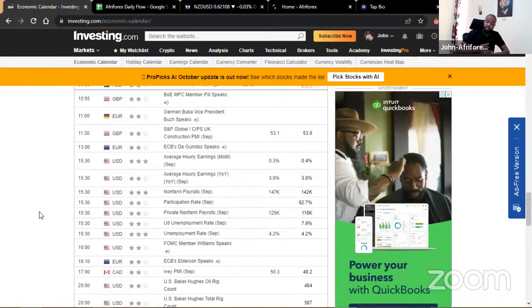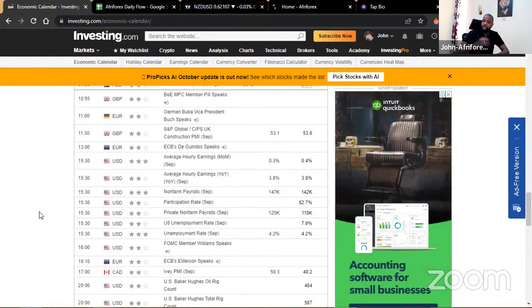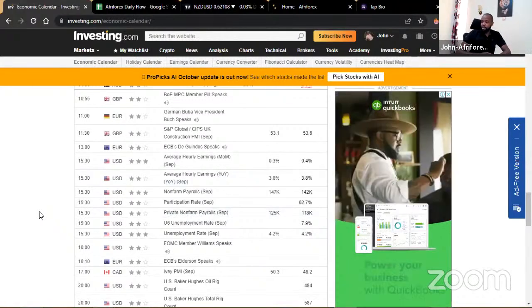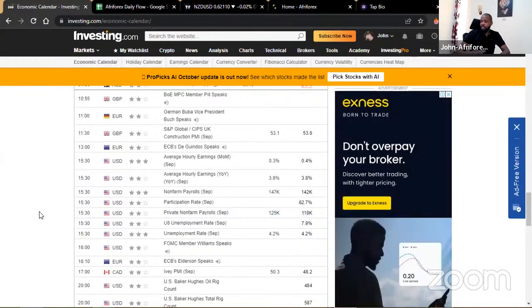You could find the spikes. Maybe the market could be on the pullback phase, maybe during the London session, then maybe during the US session, you could easily find the markets really coming down quite aggressively. We'll just have to wait and see what does end up happening. They're expecting higher numbers on the NFP. So if that does end up being the case, then I guess we'll definitely end up seeing possibly some strength coming in on the USDs.